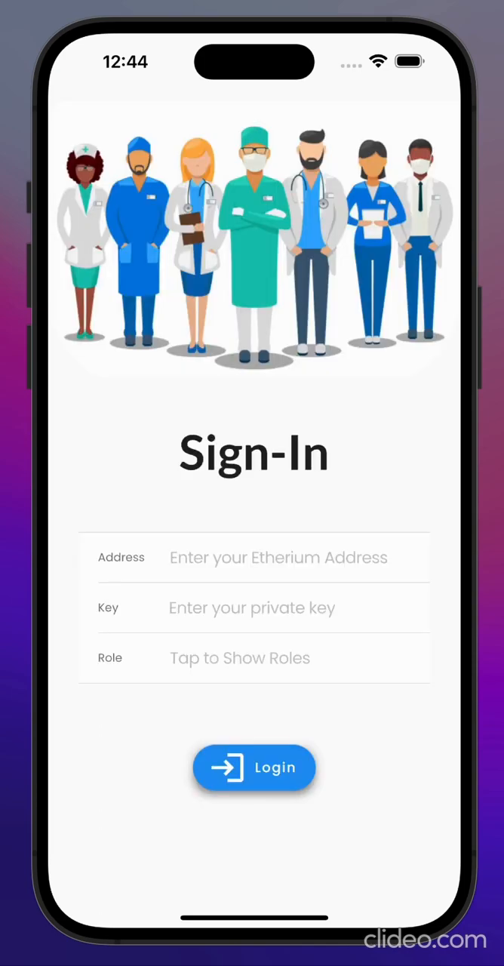We are Group Microgenesis, and this is our blockchain health